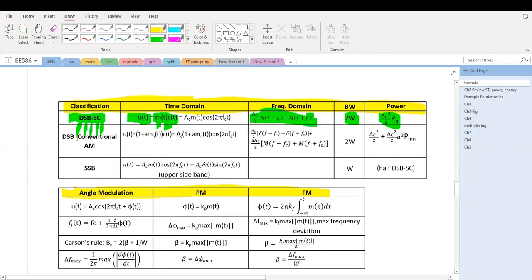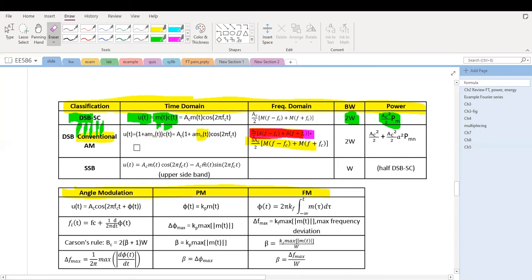Conventional AM, this is a modulated signal. And pay attention that the message has been normalized. And this is the frequency domain here. We can see the carrier is transmitted here. In the DSB-SC case, there's no carrier transmitted, therefore the name suppressed carrier. The bandwidth for the conventional AM is also 2W, which means that the modulated signal needs to occupy double the